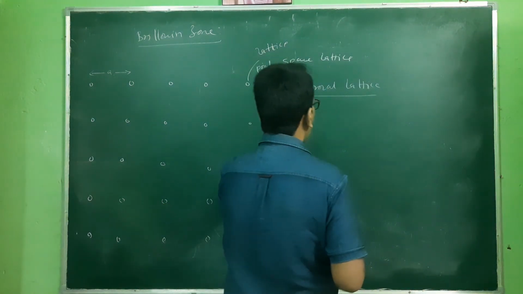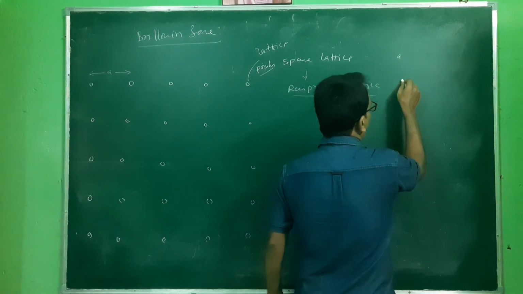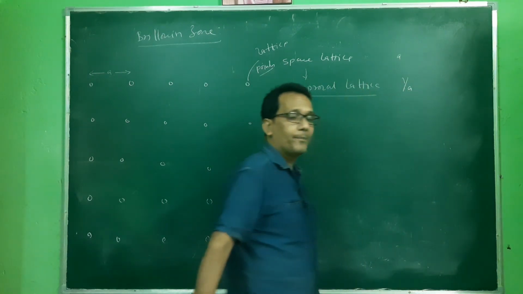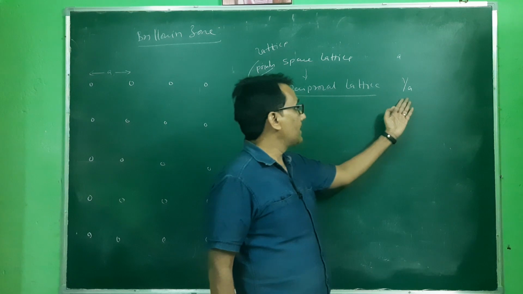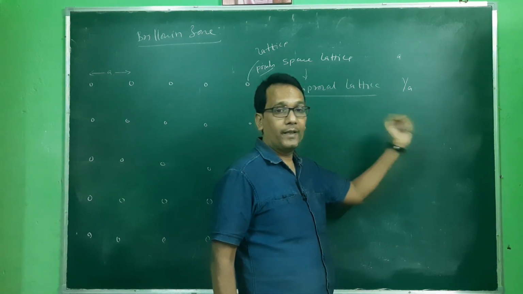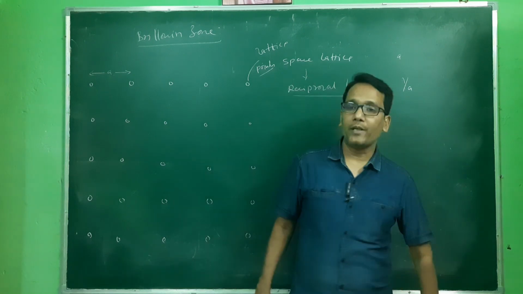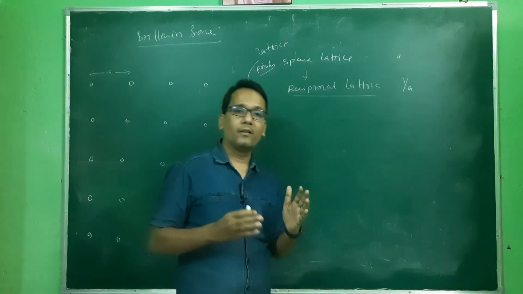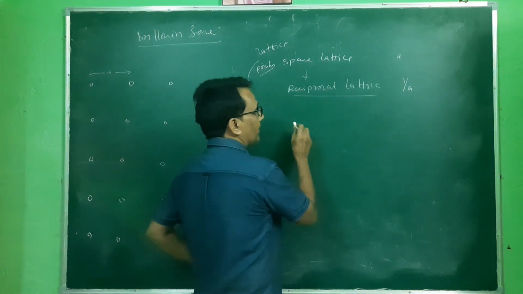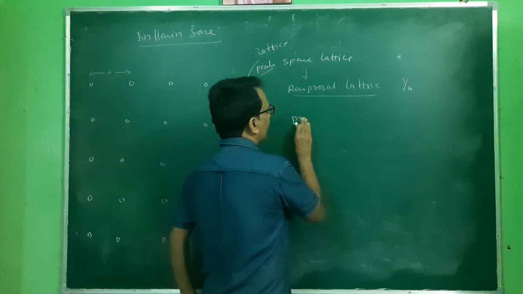But in the reciprocal lattice, in place of A, we use 1 upon A as the scale. And since the motion of electrons in the periodic potential is governed by the propagation vector K,